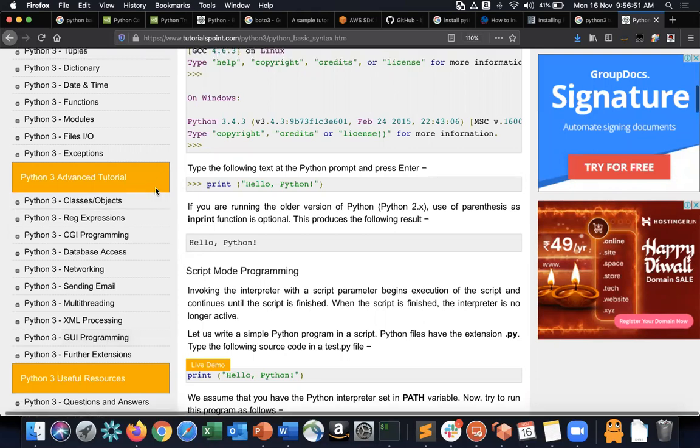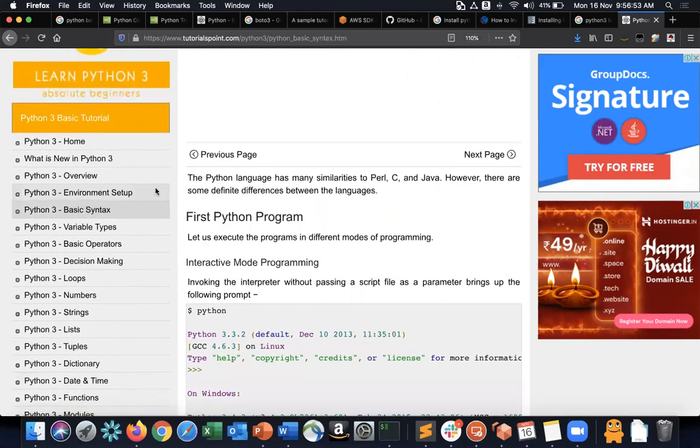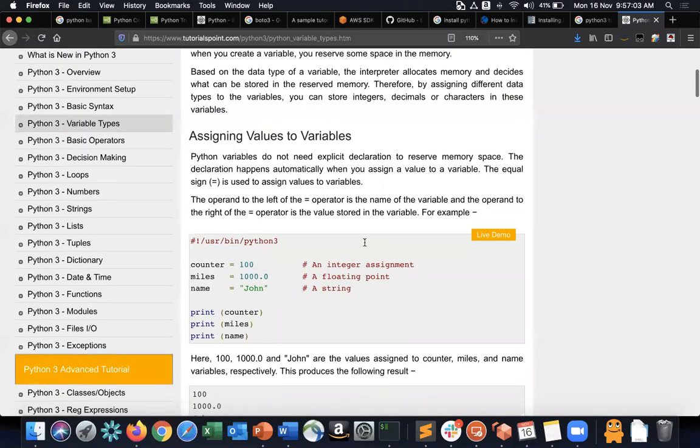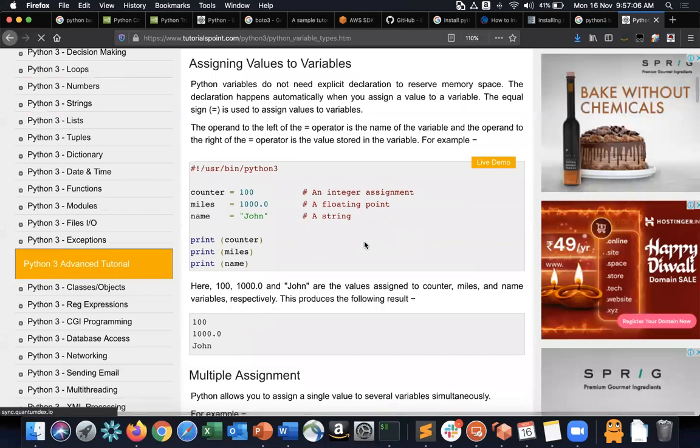But what I would suggest is, start with the basics. Go through all of this. It's all pretty simple and straightforward. And trust me, once you learn Python, you're going to take your knowledge levels and you'll be able to